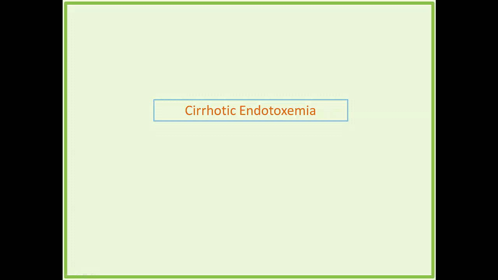So in this final part of Chapter 4, we've been discussing different pathophysiologic states commonly encountered in the intensive care unit, and this last section is going to deal with cirrhotic endotoxemia, not an uncommon problem encountered in the intensive care unit, and is often a management nightmare. I think that cirrhotic endotoxemia is kind of a summation of a lot of the physiology we've already discussed,